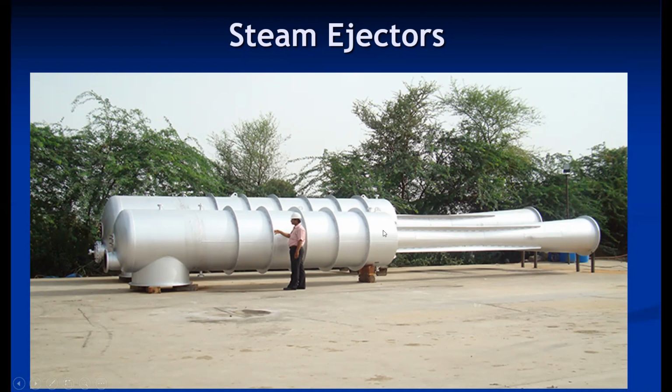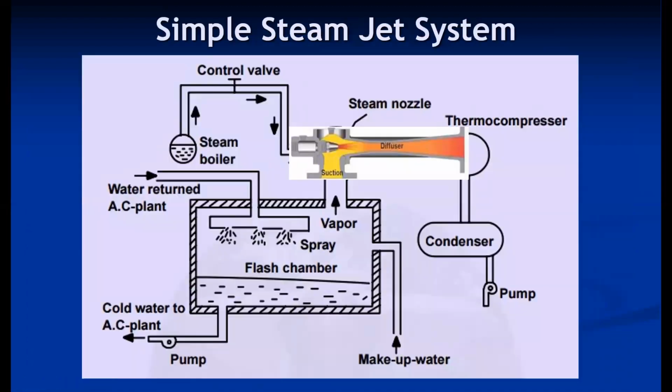Earlier they were used for that, but later on the steam ejectors are still being used in steam power plants for cooling capacity. This is how the cooling takes place: in the steam power plant, if some excess steam is available, that excess steam is made to flow through the primary nozzle. This steam creates low pressure here. The secondary nozzle or secondary port is connected to a chamber, which is also called a flash chamber or vacuum chamber.